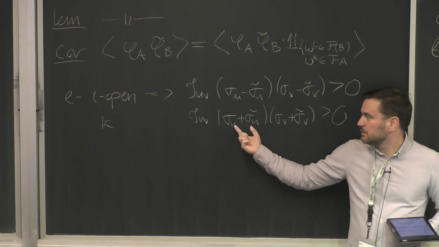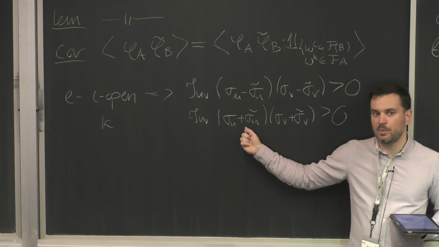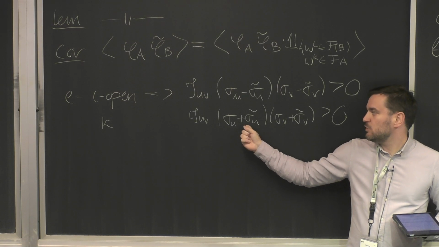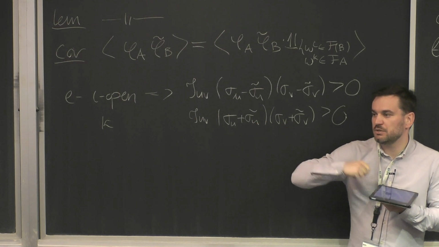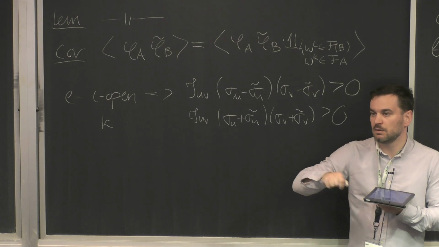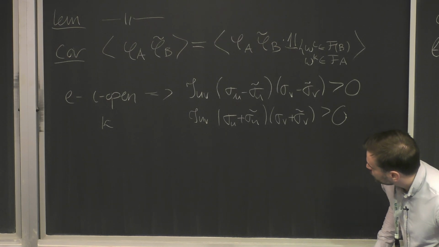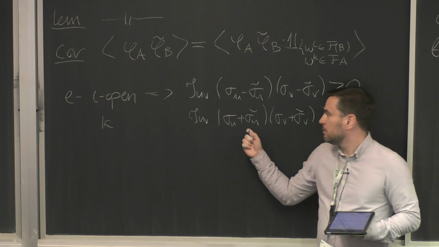Okay, it means that the signs of that function are constant on open clusters. If I have an open edge, the signs of these two things are always the same. So this information carries across the whole open cluster. But then you check, when